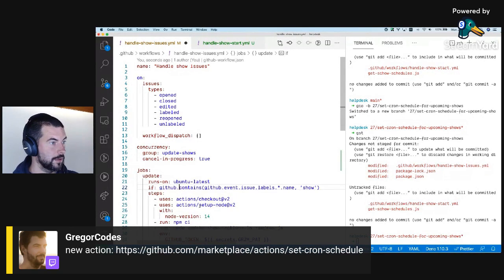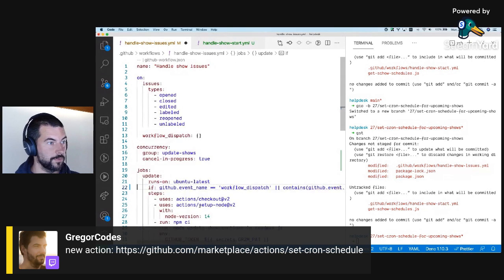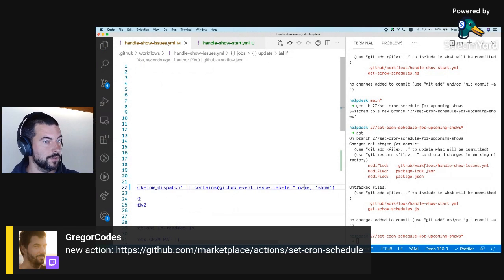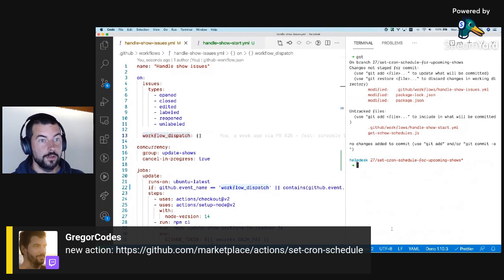If GitHub event name is workflow dispatch, or... okay, that's better. Otherwise it would just fall apart, because this would never be true if I used the workflow dispatch trigger. Okay.